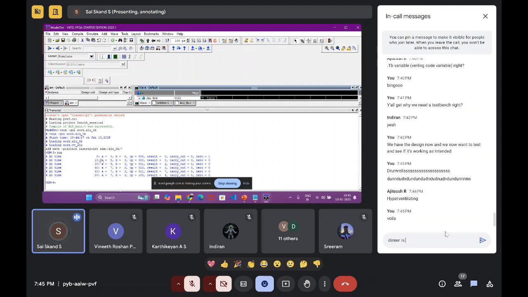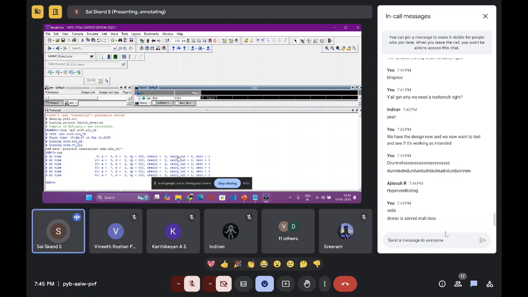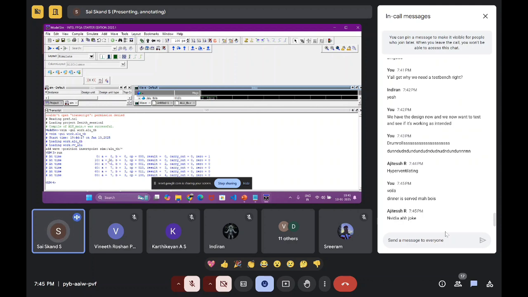What did we set initially? We set everything to 0. So the result is 0, carry 0, and the operation 0. Whenever the result should be 0, we want it to be 0, so we are getting that. Similarly, at 10 seconds, we started after giving a delay, waiting properly. We give 5 and 3, and we want addition to take place. What are we getting? 5 plus 3 is 8. Similarly, 5 minus 3 for subtraction gives 2.